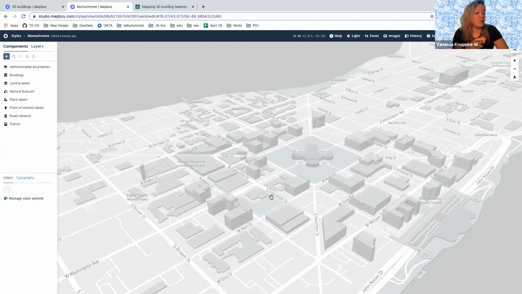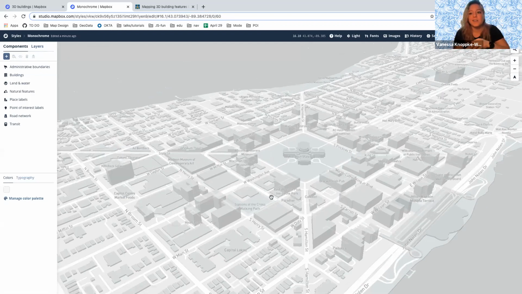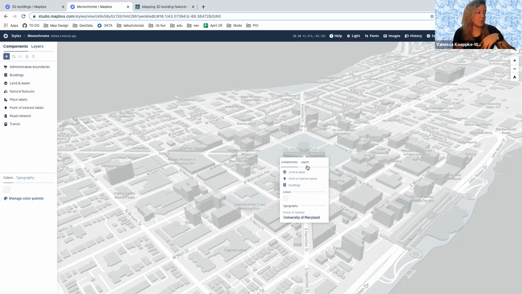So before going into styling, I do want to have a little discussion on how the data works, because in order to style each data layer, you do need to understand the data layers if you've never been in here before. So what's really nice is you can figure out the attributes in different ways. You can click on the map to see what component any given piece is in, and you also can see